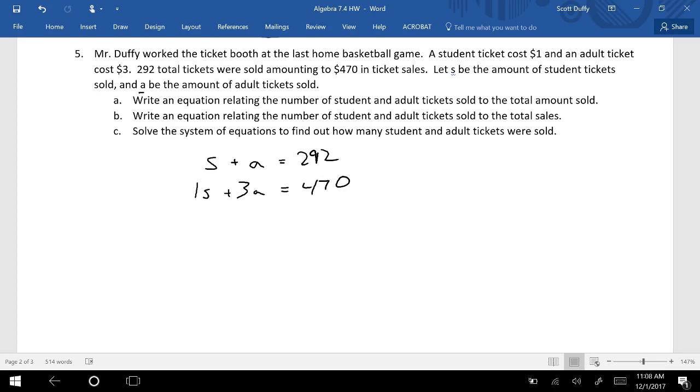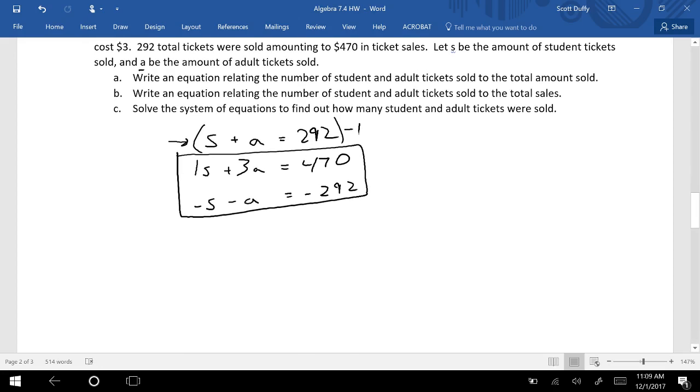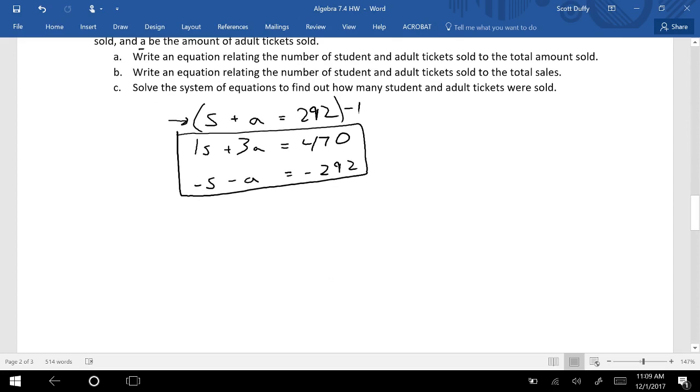All we have to do is make it so that one of these S's is negative, and we'll go from there. Let's make it so the top S is negative by applying negative 1 to each of those terms. And all of this right here turns into negative S minus A equals negative 292. And we will solve this system of two equations. So 1S minus S cancels, no S's anymore. 3A minus A is 2A. And then 470 minus 292